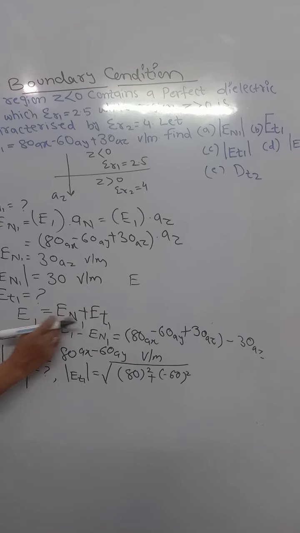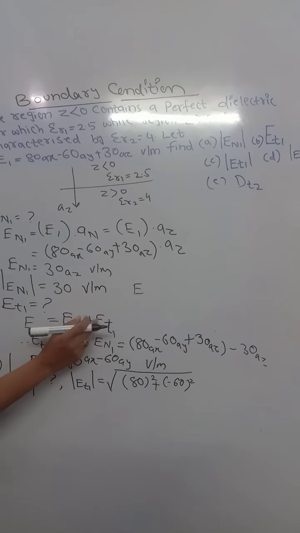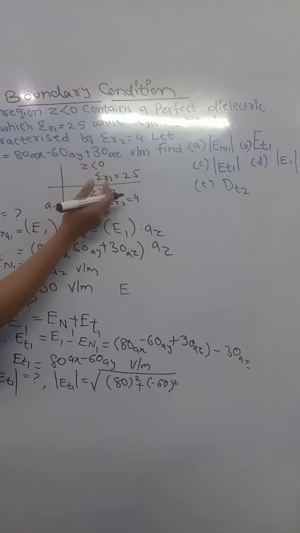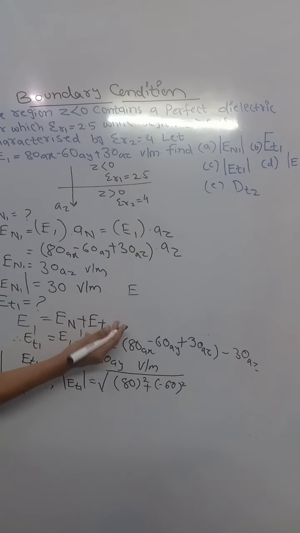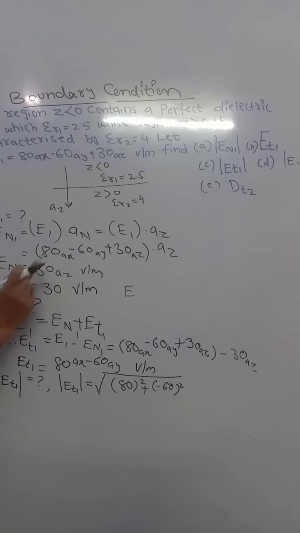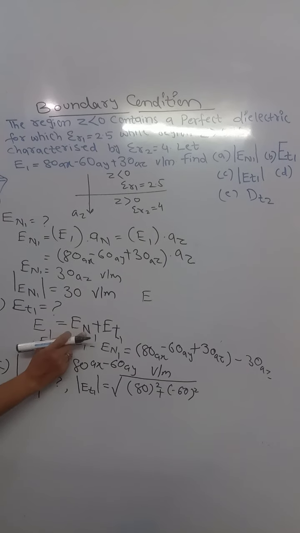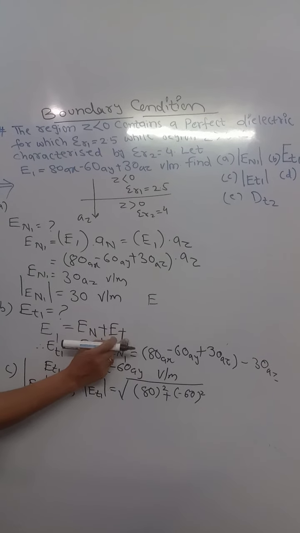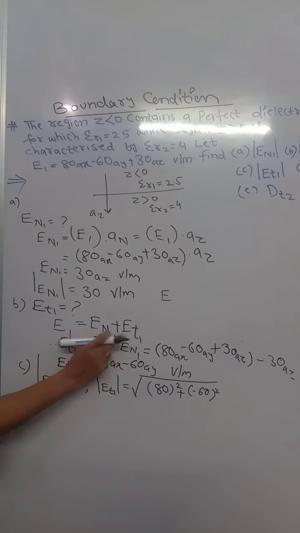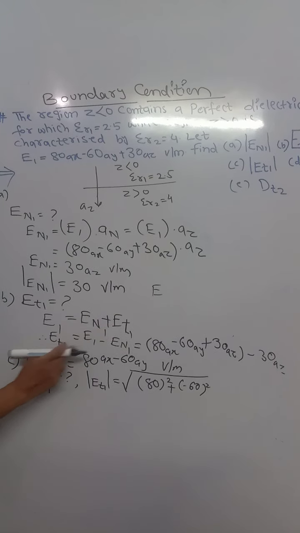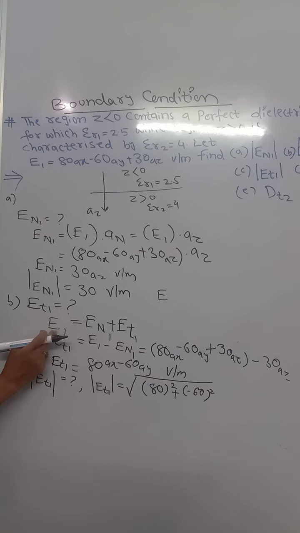Why have we written the 1 and 2 here? 1 is nothing but region 1. Here two regions are there, region 1 and region 2. Whatever you calculate in region 1 will be the electric field intensity along the normal as well as the tangential form. So the normal and the tangential components will be added, and only then will you get the total electric field intensity E.